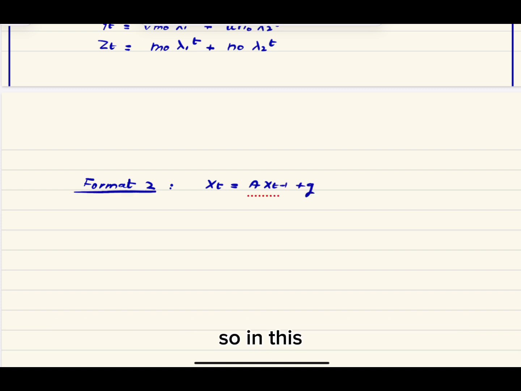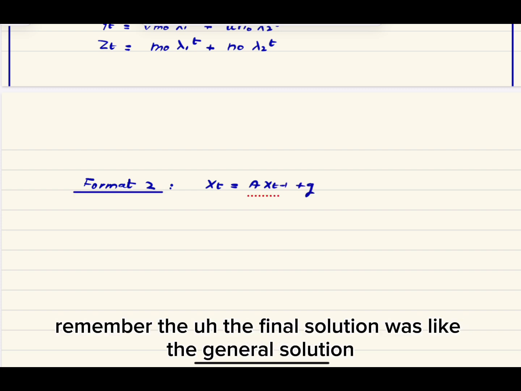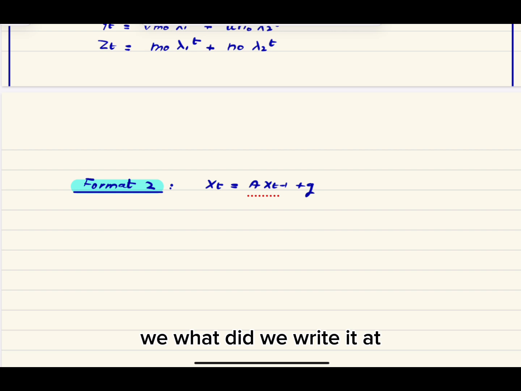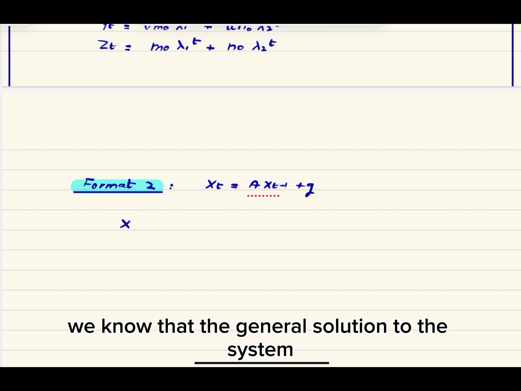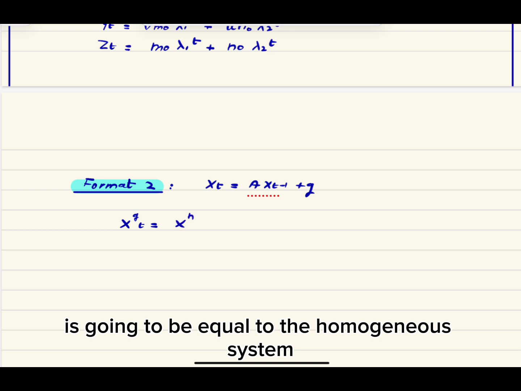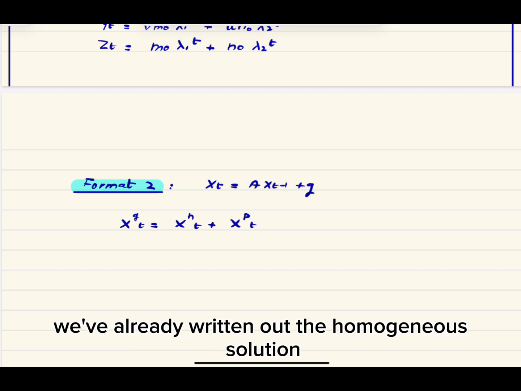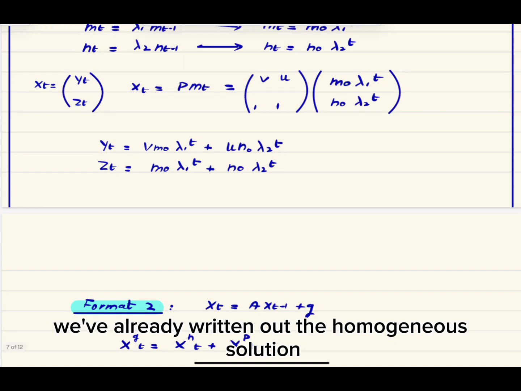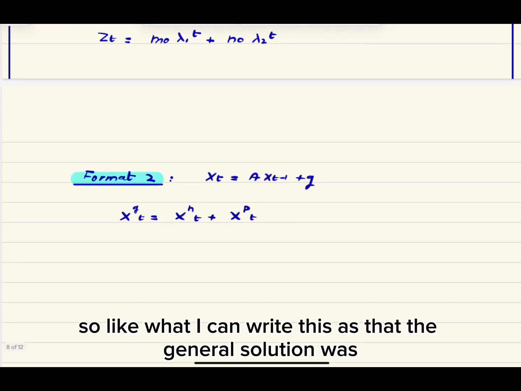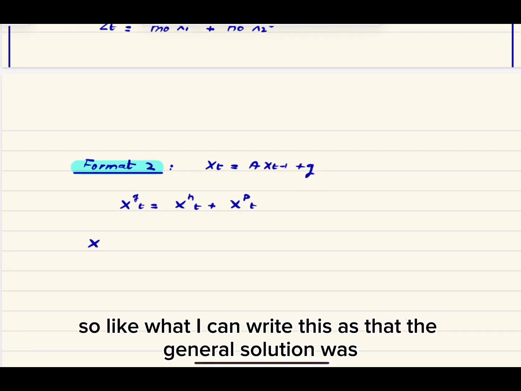So in this, remember the final solution, the general solution, what did we write it as? We know that the general solution to the system is going to be equal to the homogeneous solution plus the particular solution. We've already written out the homogeneous solution, which was this above. So what I can write is that the general solution was,